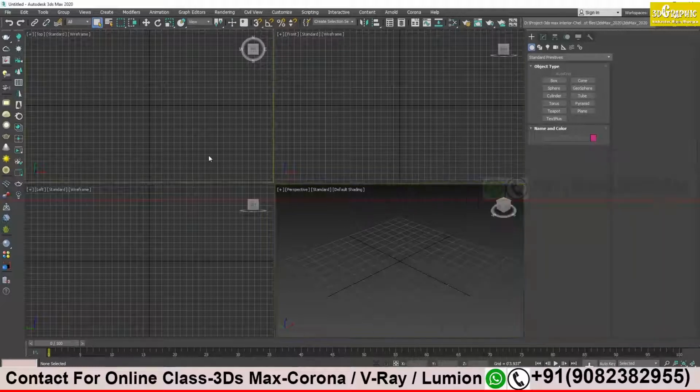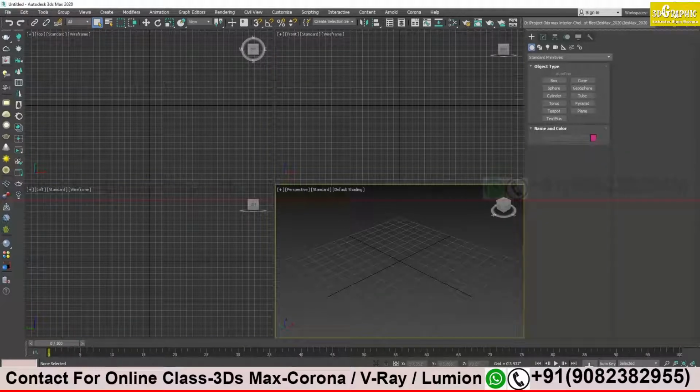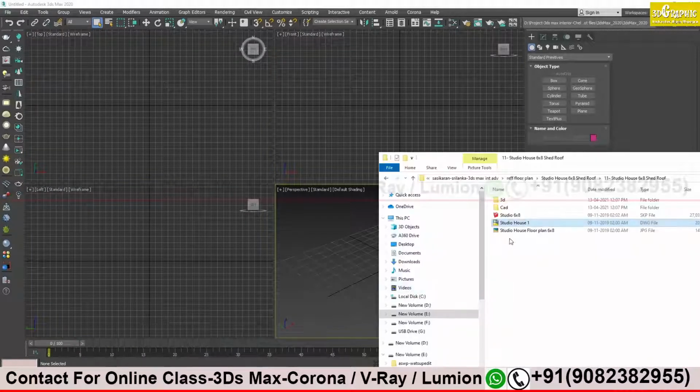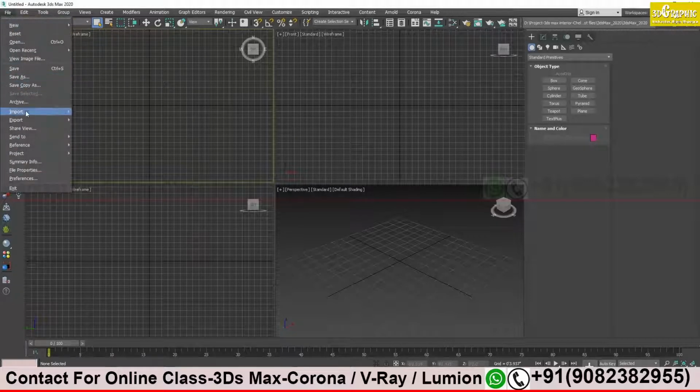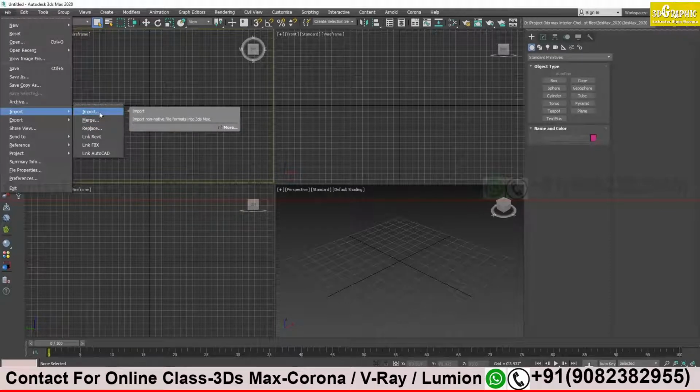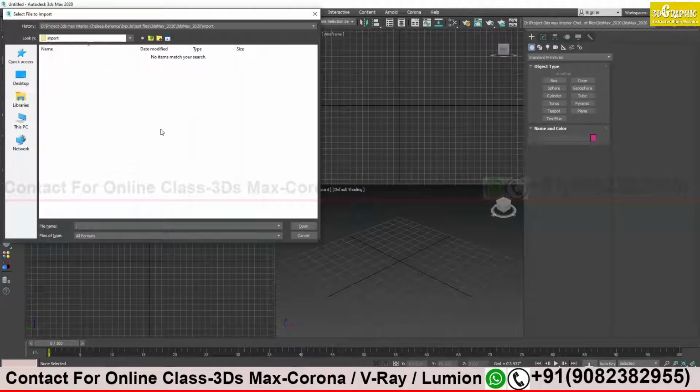To import the AutoCAD file we have two options. The first one is lengthy. You have to go to File, then Import, and click on Import. You'll get a browse window.